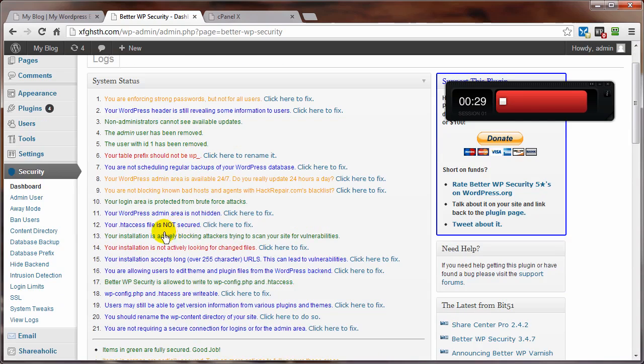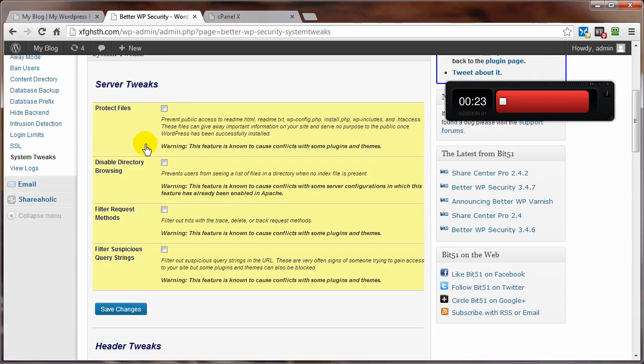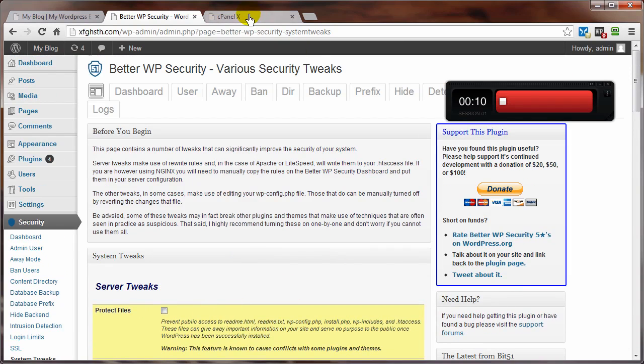The one other thing I want to point out is down here under System Tweaks, which will get rid of a lot of the oranges and the blues. Any of these yellow ones here, you want to be wary of because they can mess things up. So I would go one at a time. Click on one, save changes, check your site. If it still works, you're in good shape. And again, if you break something, just come on into your phpMyAdmin from your control panel, replace your broken database with your backed up database, and you'll be in good shape. And we did all that